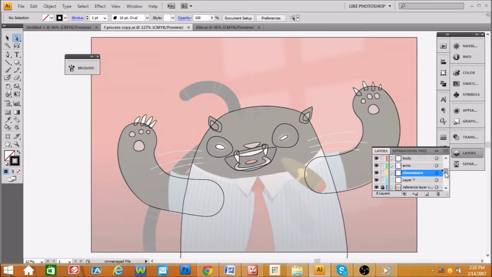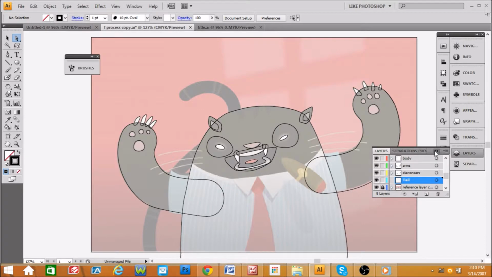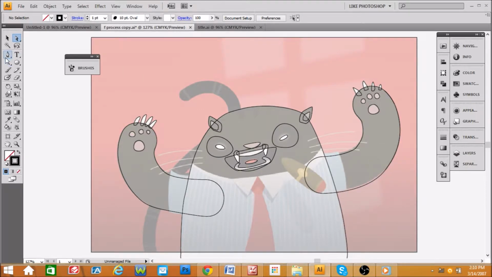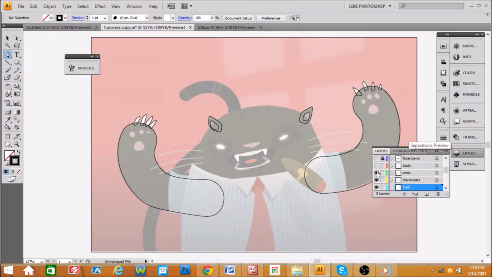Should we put the tail on this layer? No, we'll make a separate layer for the tail. So the layer 7 is an empty layer. Let's rename it tail. Okay, so we'll start with the tail, yes, we're on the tail layer, and let's close off these other layers,